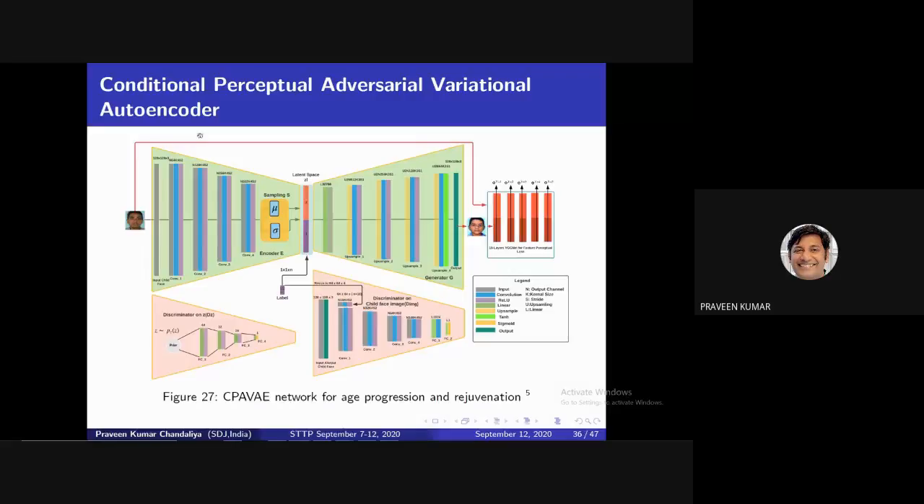The name of this model is conditional perceptual adversarial variational autoencoder. I developed this model in 2019. This model has a combination of generative models. The first one is the variational autoencoder, VAE. Then the second one is the generative adversarial network. In my first session, I designed this autoencoder. The same autoencoder I designed, but not using the sampling. The sampling I used for the gender alteration. So I have taken this sampling concept and used it